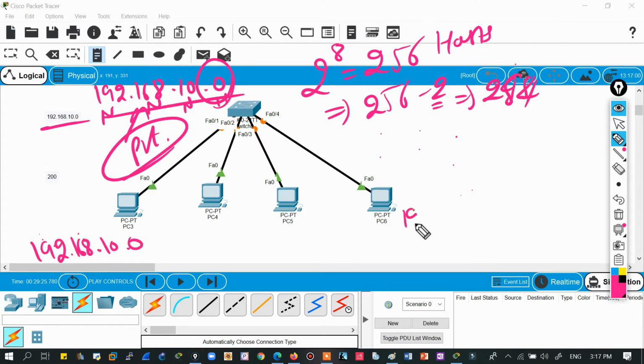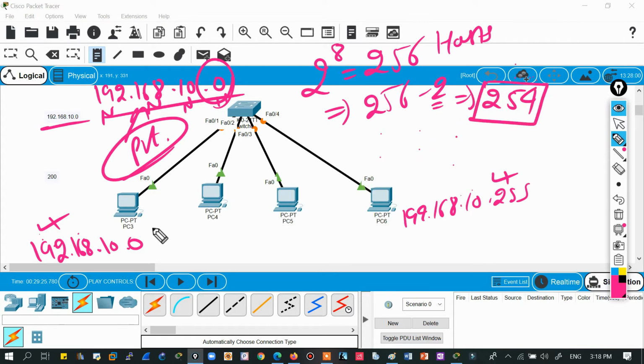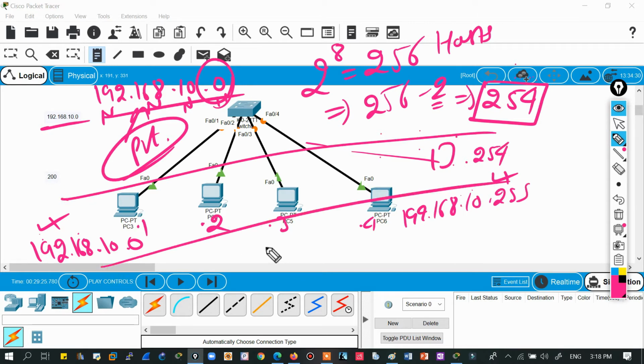192.168.10.0. I cannot use 192.168.10.255. It means this is my network ID and this is my broadcast ID. Right, so this is not used, this is not used, so it means I have done -2. This is the reason we always do -2 in the case of IP addresses. Fine, so we have a total of 254 usable IPs. The first address will be .1, .2, .3, .4, up to the last PC, we can use 254. So in this class C single network, we can have 254 valid hosts.